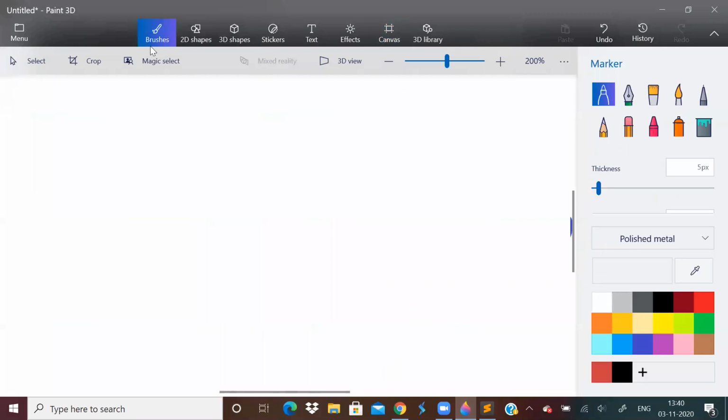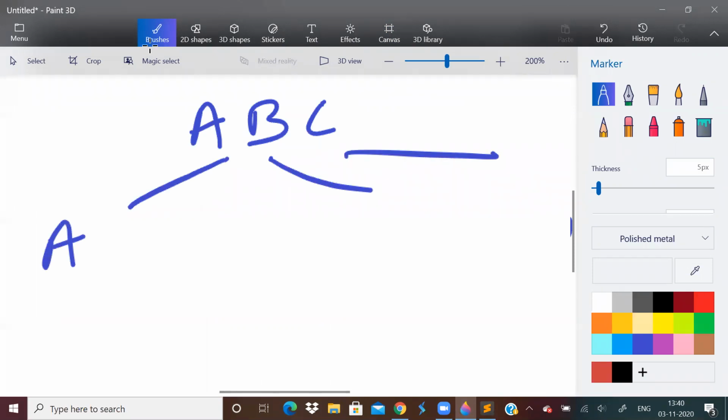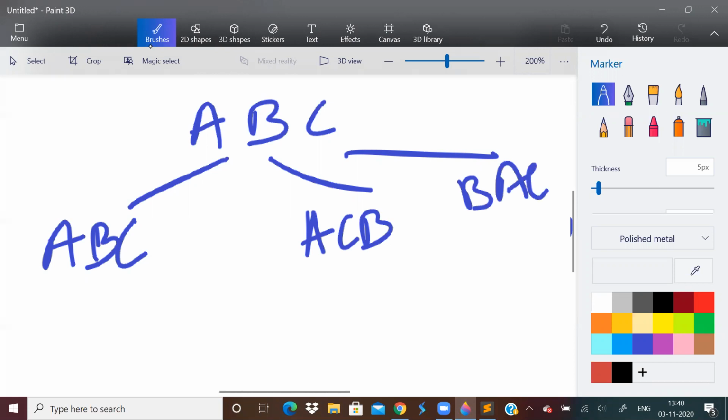Suppose there is a string ABC, what are the different permutations? I can have ABC itself, or swap these two characters C and B, or otherwise swap these two characters and get BAC, then go over here, and I can have BCA also. Like that, you will get a lot. It's like a tree, it will keep growing.